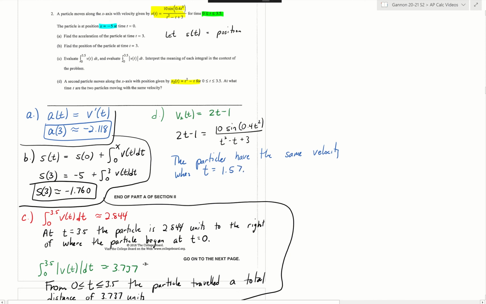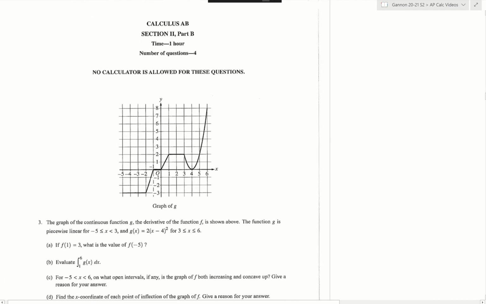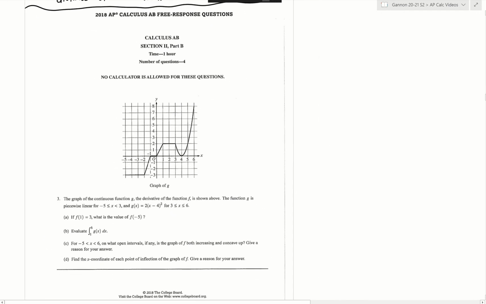Again, just remember 3 decimal places with College Board, unless it's an exact answer. But any approximation needs to be 3 decimals, rounded or truncated. All right, guys, that takes care of number 2, and that is the last calculator active question in this set of FRQs. So now, if we go ahead and we take a look at question number 3,